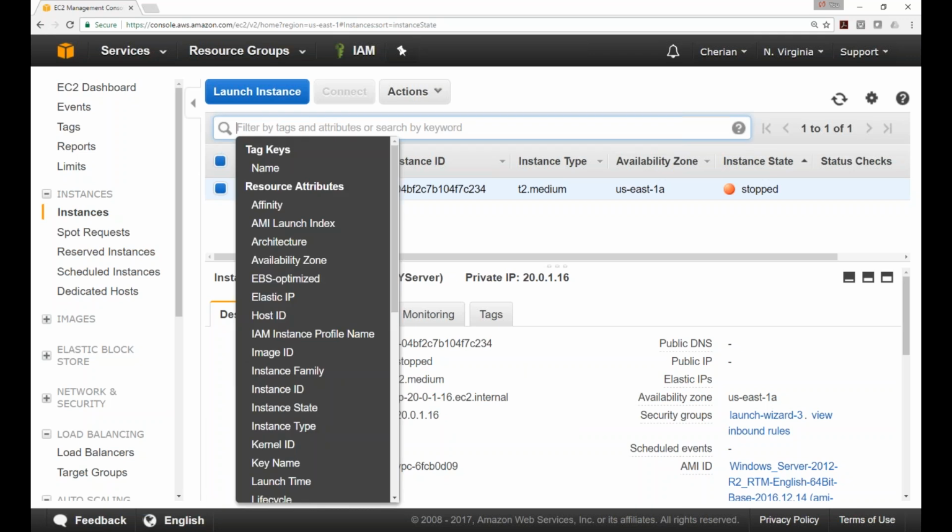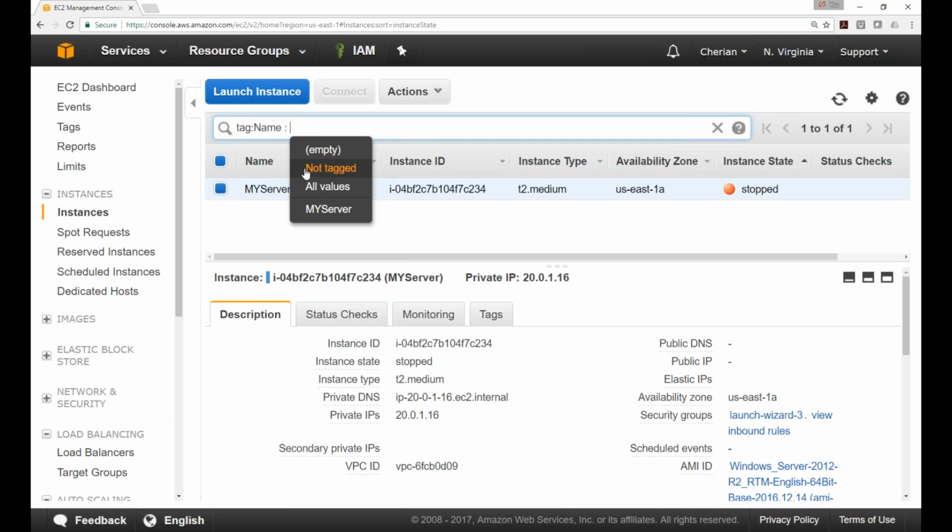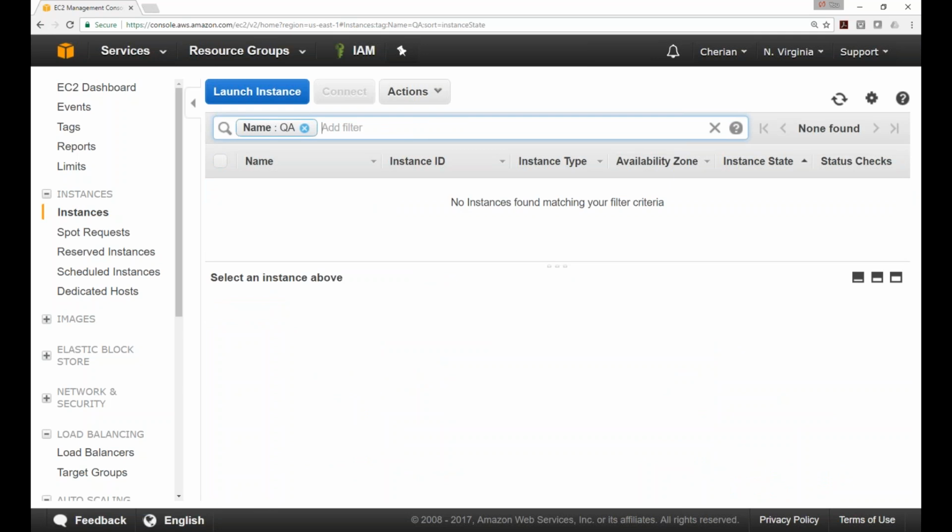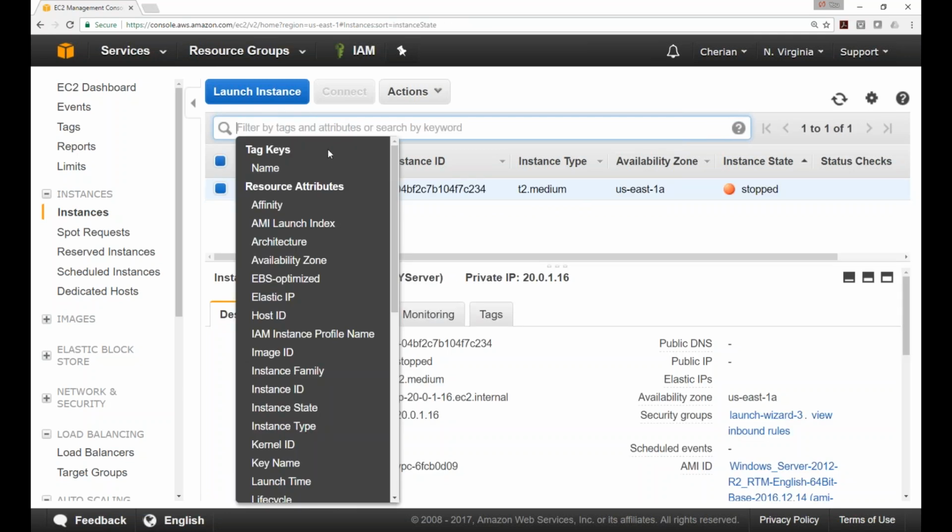But if I want only a tag key, I can just give my name. I want to say, okay, show me only QA servers. When I do that, all the servers that have a tag of QA will show up here. So tagging is very, very powerful. You can do a lot of tagging here. I strongly recommend